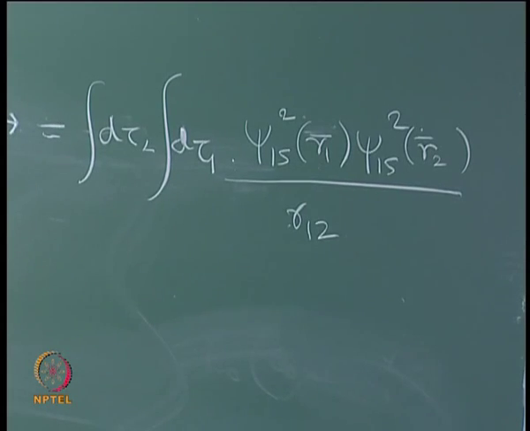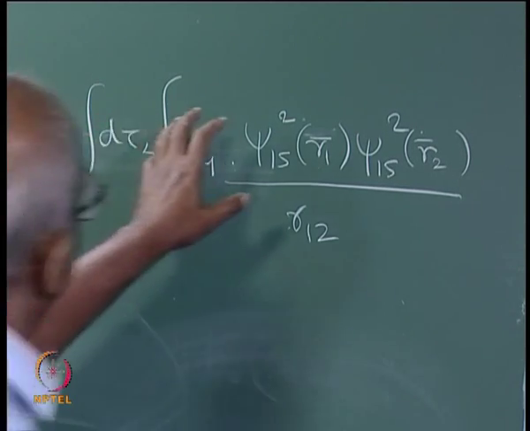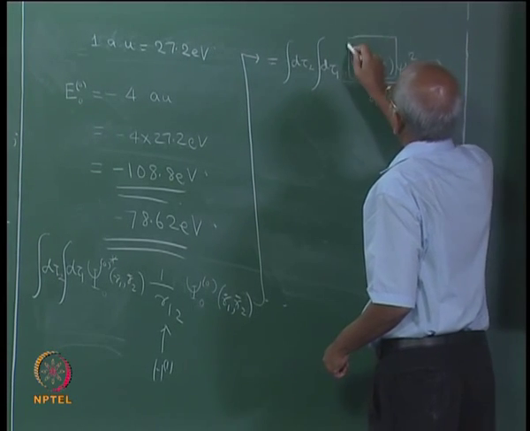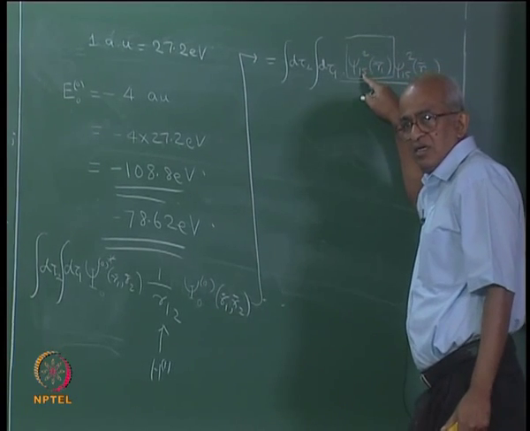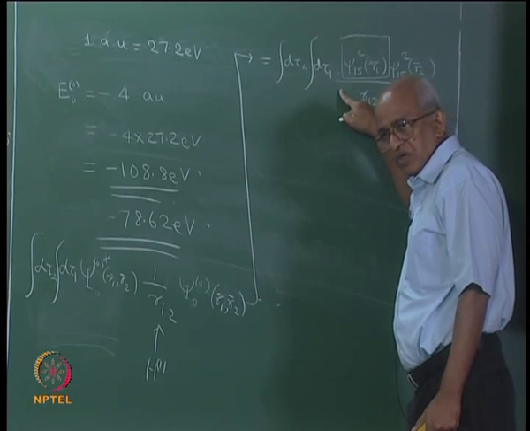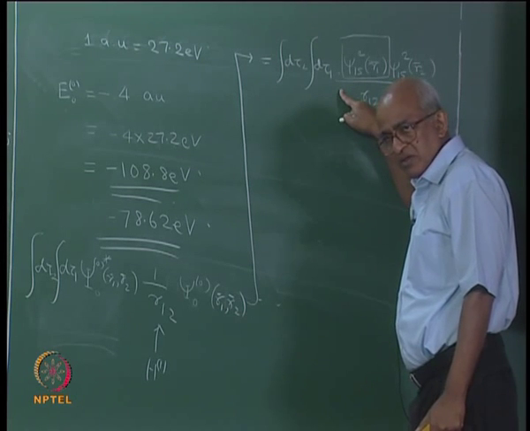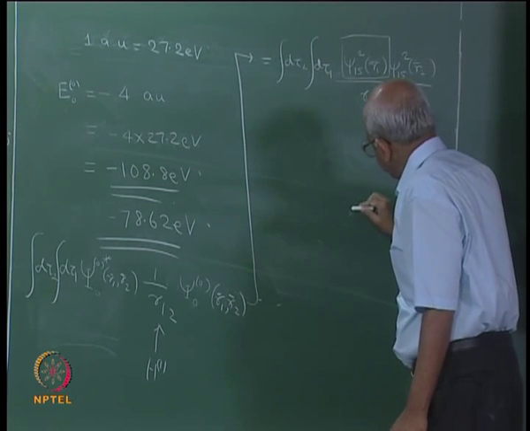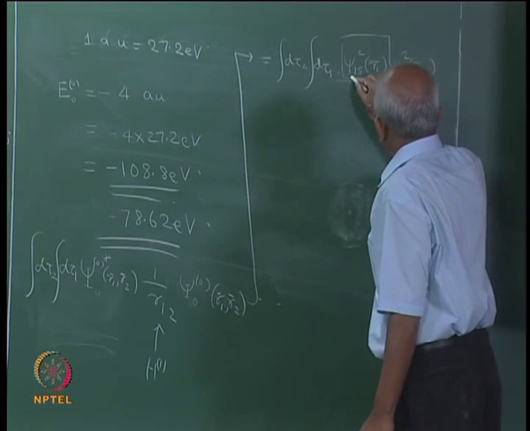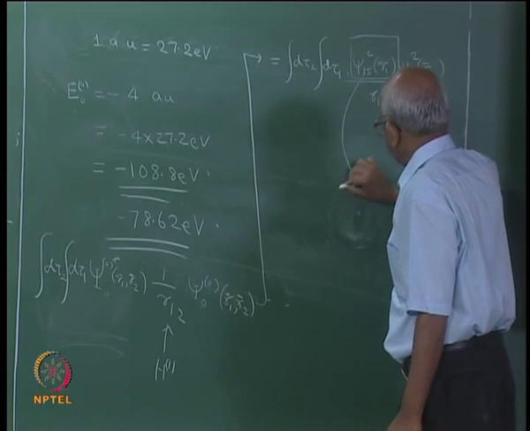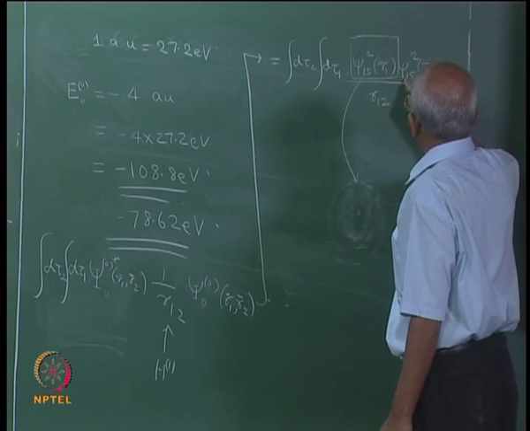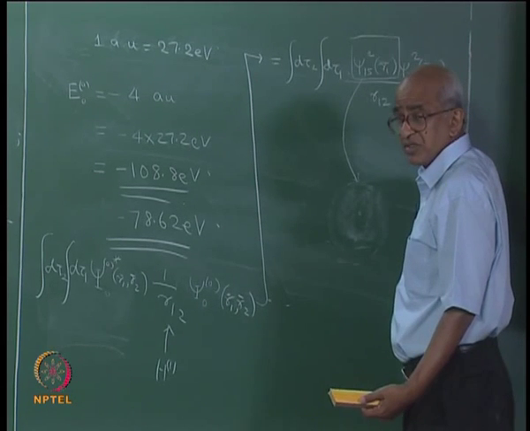Now think about the physical meaning of this. What is this? This is actually the electron density. Psi square is the electron density of electron 1 sitting in the 1s atomic orbital. So let me draw a picture. This is the nucleus, this is psi 1s R1 square. It is actually spherically symmetric because it is a 1s atomic orbital, and this psi 1s again, but it is now R2. So this is the electron density of